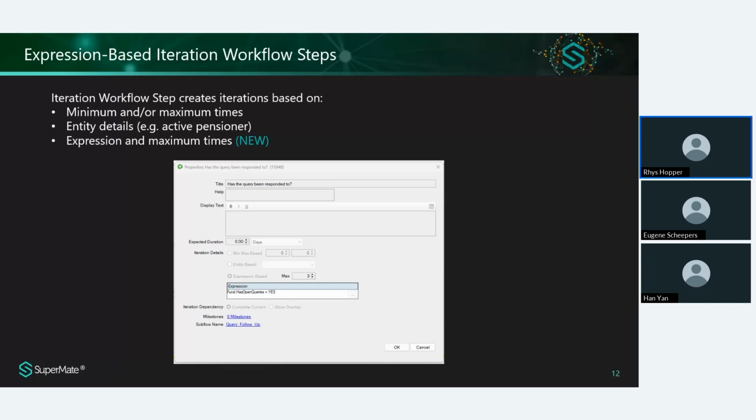So then in that sub workflow, you could put in steps to go, okay, well, check the minimums and make sure that this pension is compliant this year. Another way I've seen it is insurance checks or making sure that external TSB values have been entered. So you could use the entity based equals member, and then you get a sub workflow for every member, so every individual that exists in the fund,